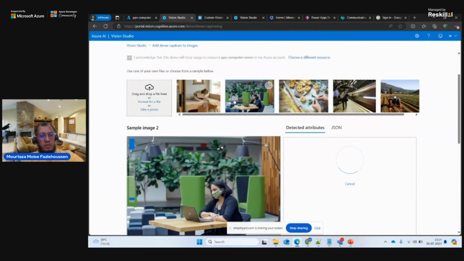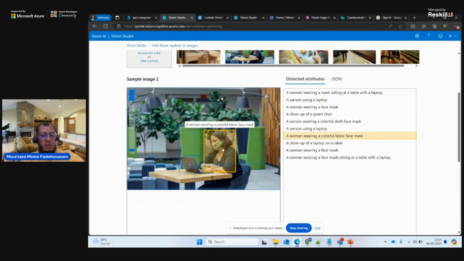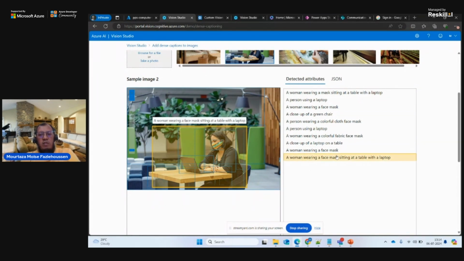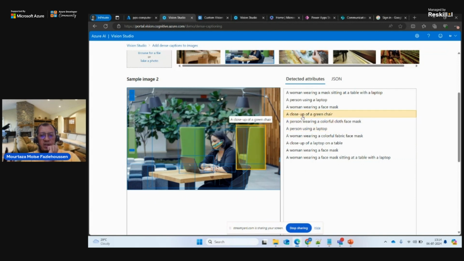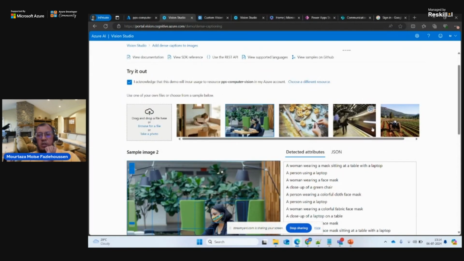For example, here also, this woman, from my point of view, is working on a laptop with her mask and with a very chic background behind the scene. But from an AI point of view, 1 2 3 4 5 6 7 8 9 10, almost 10 attributes AI has detected. For example, a woman is wearing a face mask sitting on the table. This woman again is using a laptop, and so on, and she has a close up of a green chair, and so on. Okay, for example, this one, let's give it a try,